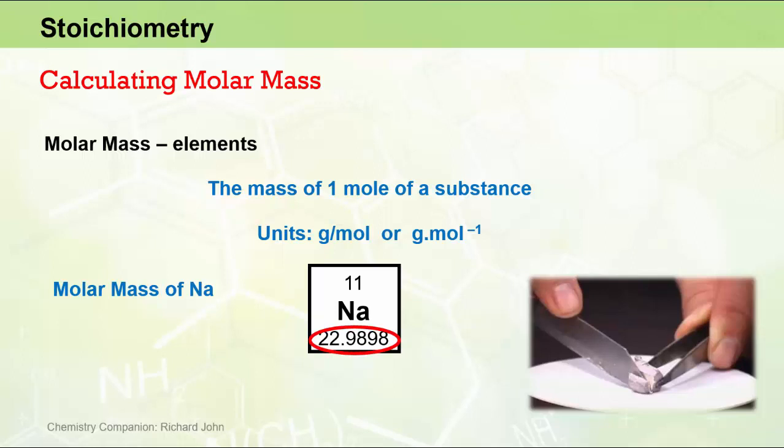22.9898 atomic mass units. And given the magnitudes are identical, we can simply write down its molar mass from this number, 22.99 grams per mole, when we limit our value to 4 significant figures. And it's also worth noting and remembering that the mass of 1 mole of sodium is therefore equal to 22.99